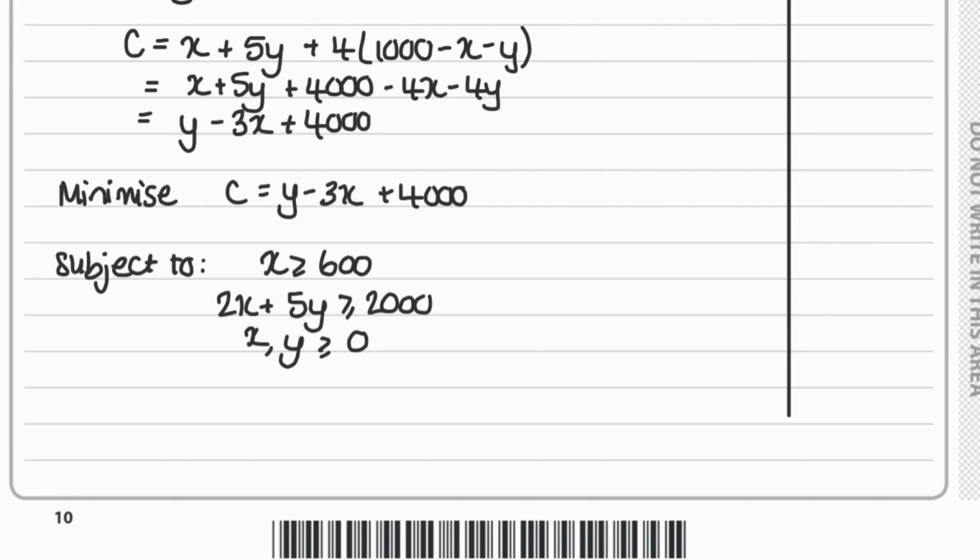Then, moving on to the next part, it says Ben decides to order the minimum number of roses that satisfy his constraints. B, part 1, calculate the number of each type of flower that he will order to minimise the cost of the flowers. And part 2, calculate the corresponding total cost of this order. So, for B part 1,